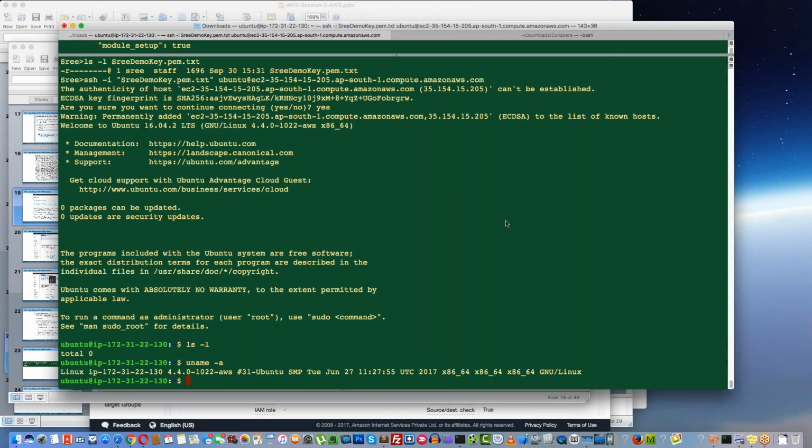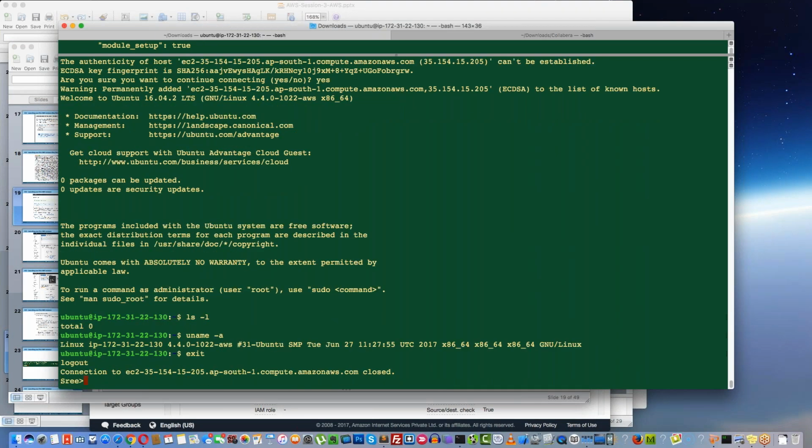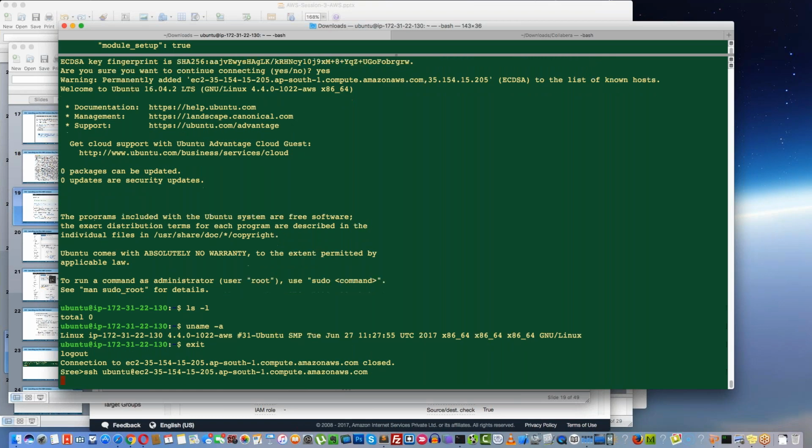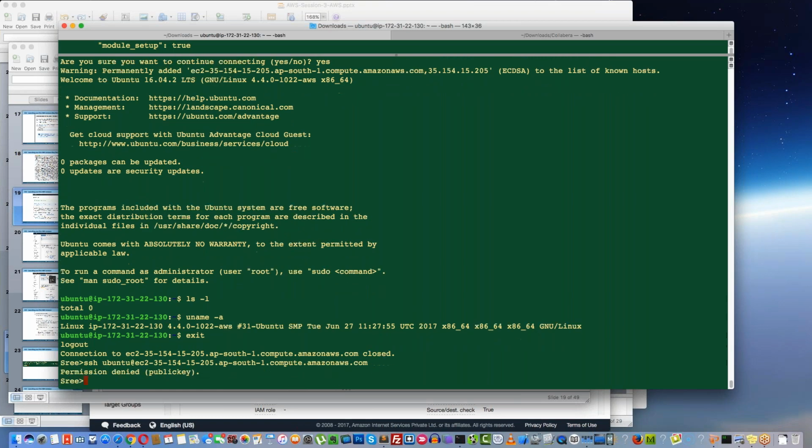And so now, how to access the instance. I will exit from the SSH and I will explain. Normally SSH is accessed without the key. Normally it is accessed like SSH, username and some IP address or a domain name. This is how you access. But keyless access is prevented by default by Amazon. We can open this if you want, if certain use case